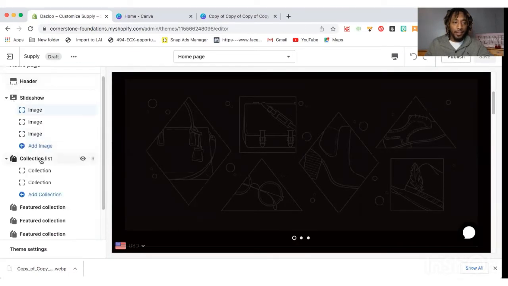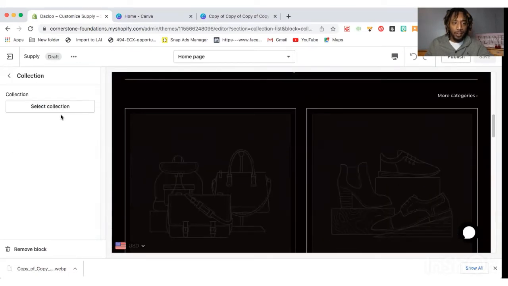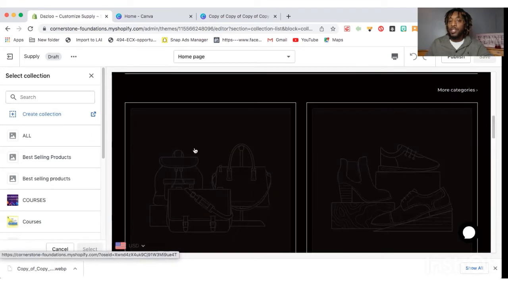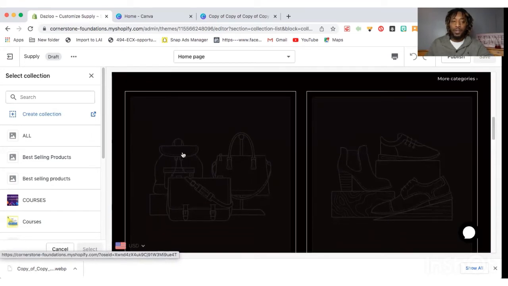Now, they also have a collection list where you can select the collection. So let's say you have a bunch of products. For instance, we do t-shirts at dazzlu.com. If you're interested in placing t-shirts on your website, you would create a collection, which is basically a group of all of your t-shirt products.